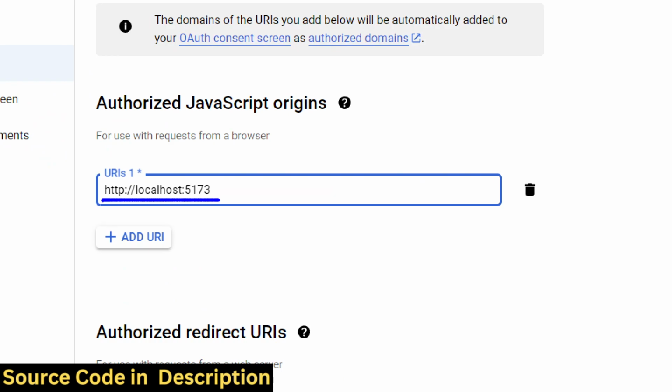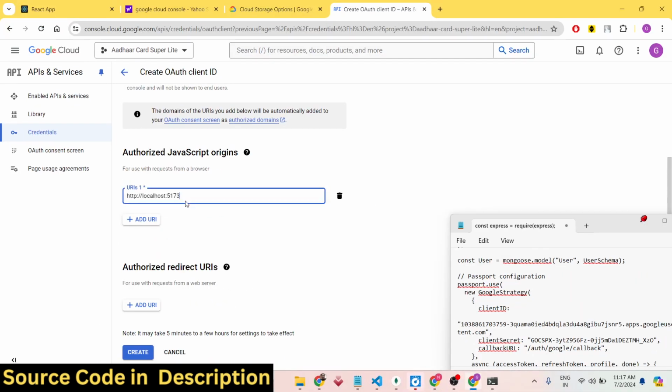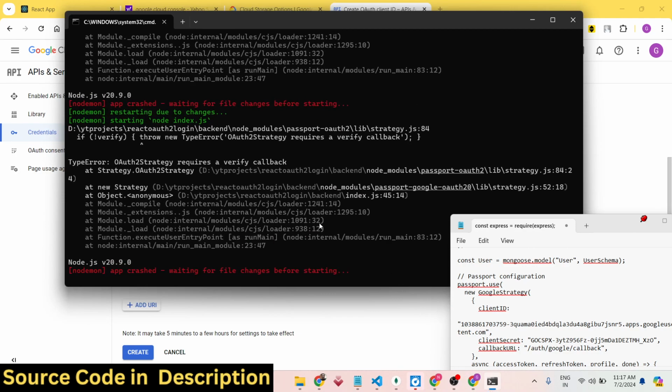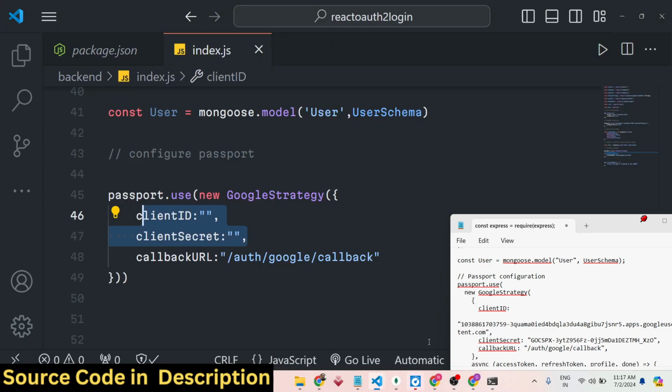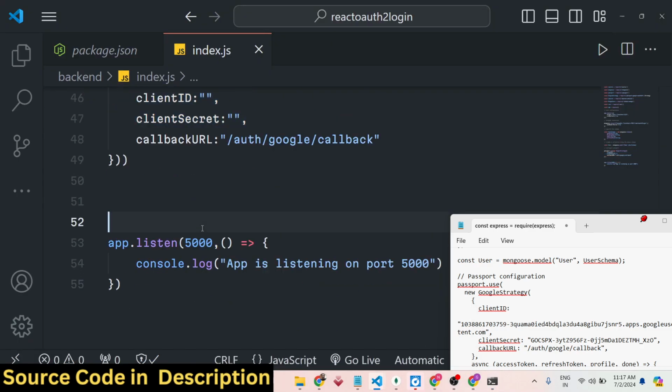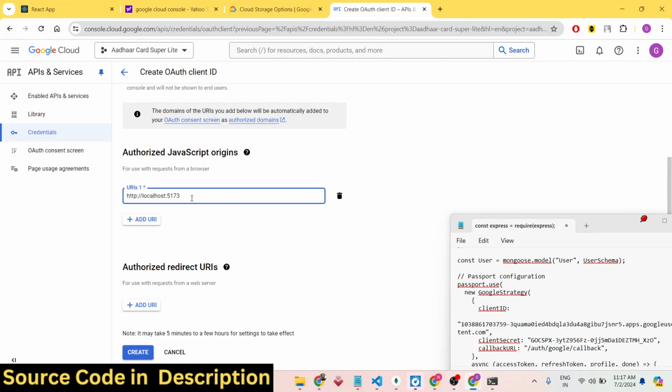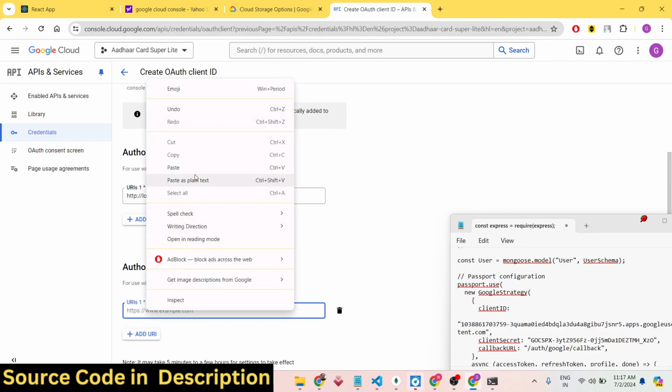So here you are expecting our backend server is listening on localhost. It is starting on localhost 5000. So you will basically give the address of your backend server, not the front end. So localhost 5000. This will be the home page URL, and then the authorized redirect URI, you will simply paste